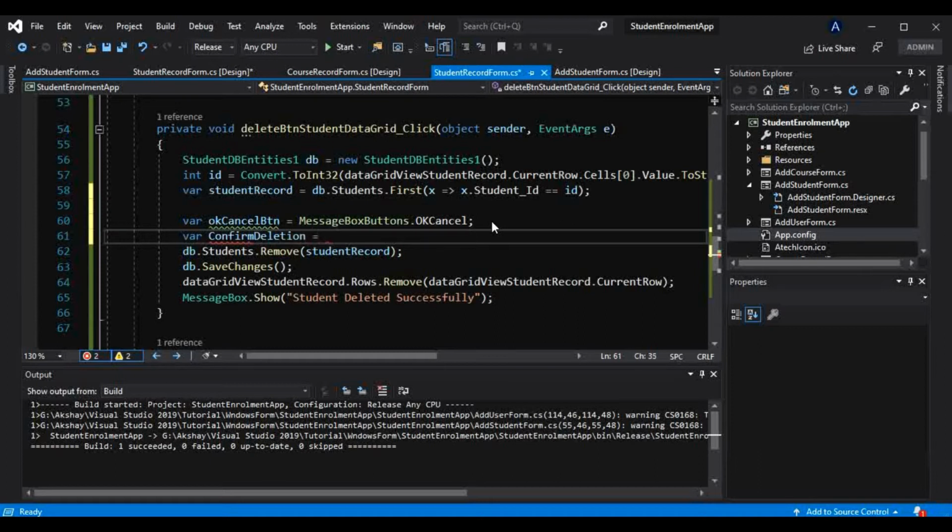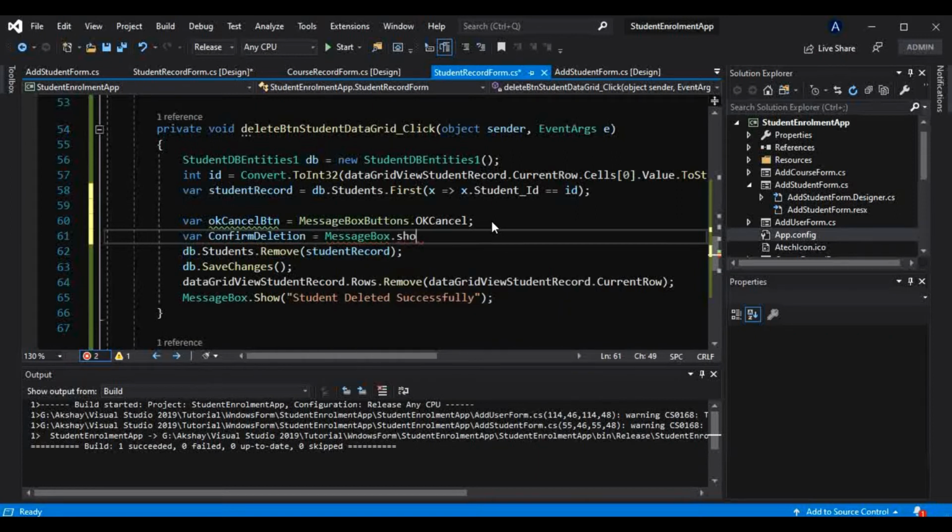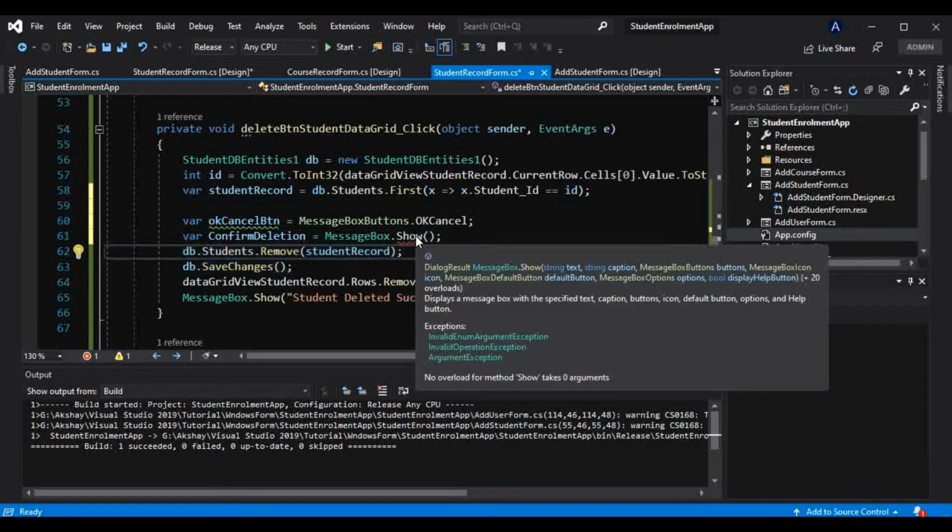deletion. And in that, we will use one message box here, but this time, if I hover my mouse over here, let me use that big S, you will see there are several overloaded versions of this show method. What overloading is we have already learned, and I told you in the previous tutorial itself. If you are not aware of overloading, you can check my C# tutorial video series, the overloading in C# tutorial. You can check that video out if you are not aware of method overloading, let's say constructor overloading.